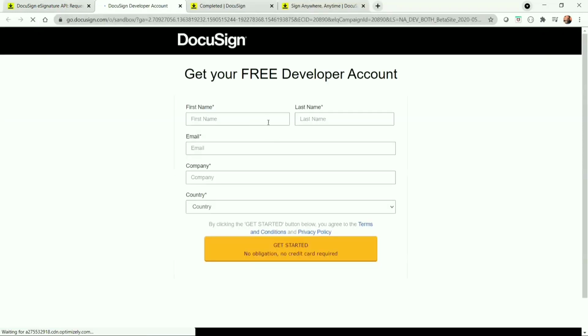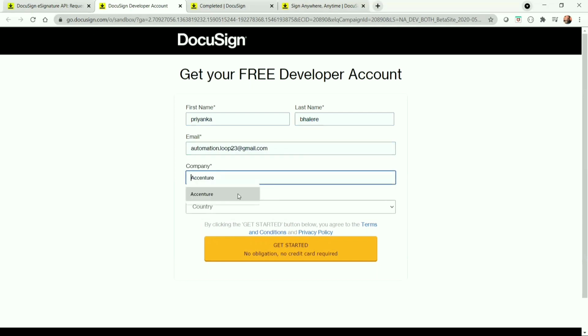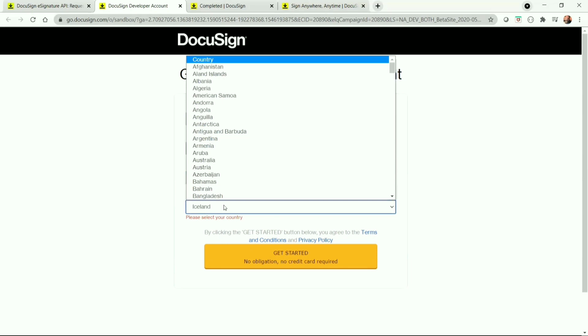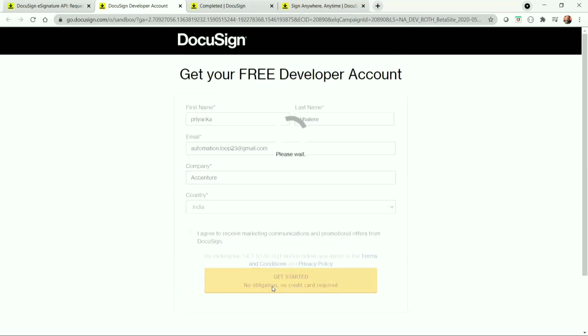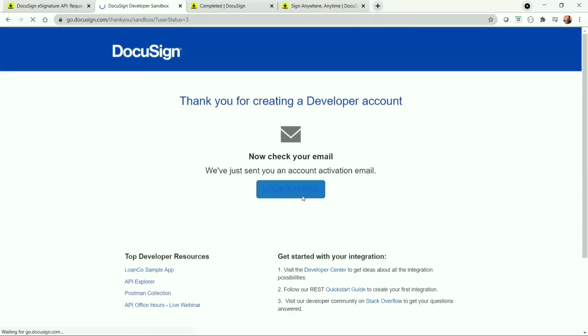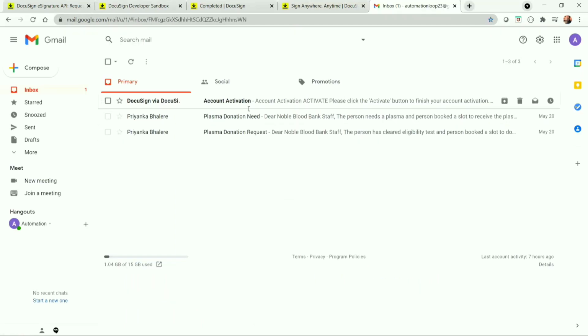Let's click on create account and provide the required details. Click on get started. Then you will get an email notification to activate the account. Then go to the email and click activate to activate the account.